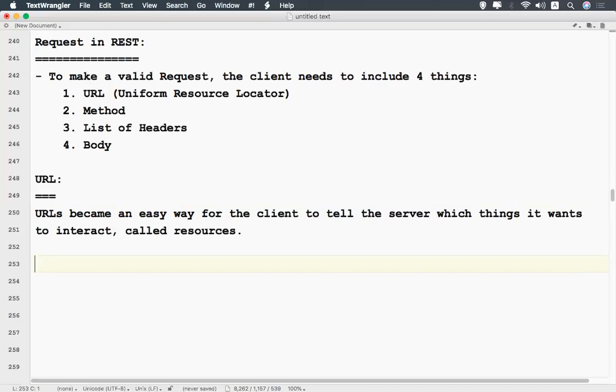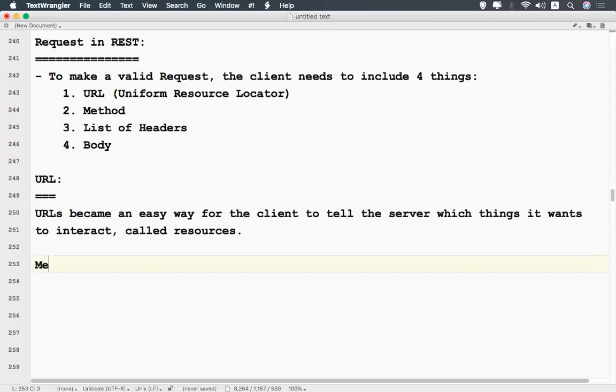That's how the client communicates with the server. If you know the URL, you can easily communicate with the server. So in detail we will discuss in the upcoming videos, but here you should know what happens when you send a request and when you get a response.